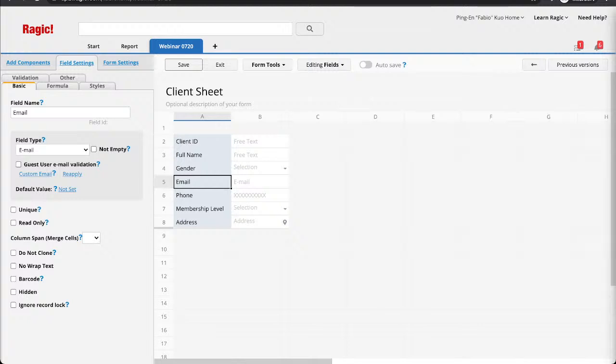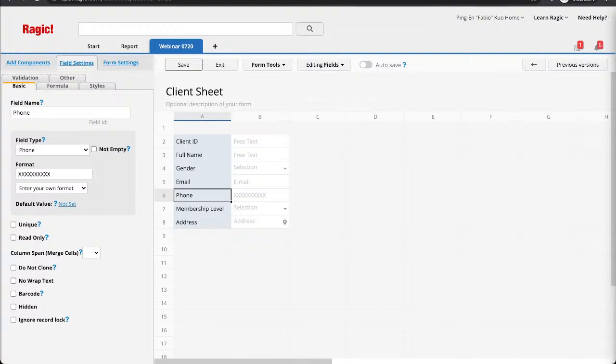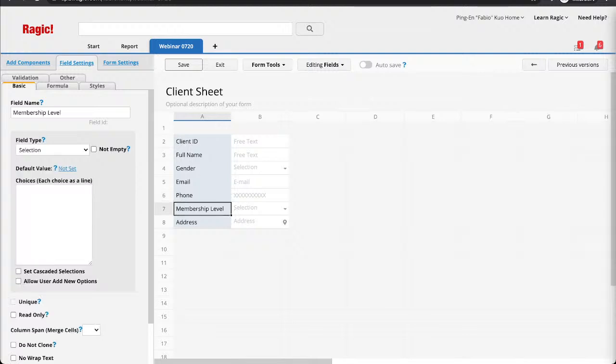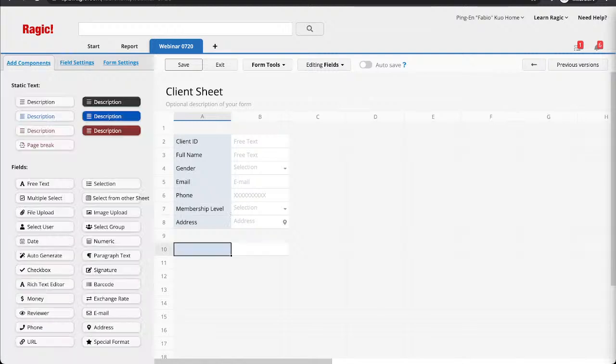Phone is basically entering a phone number. Membership level I like as a selection field, and I can customize my selections too. For example, gold, silver, bronze, starter.